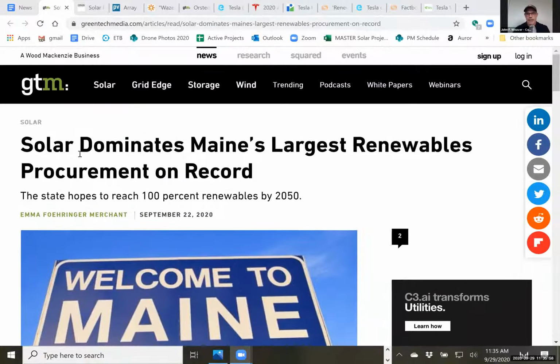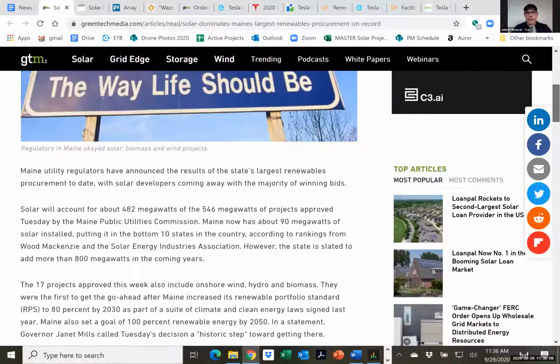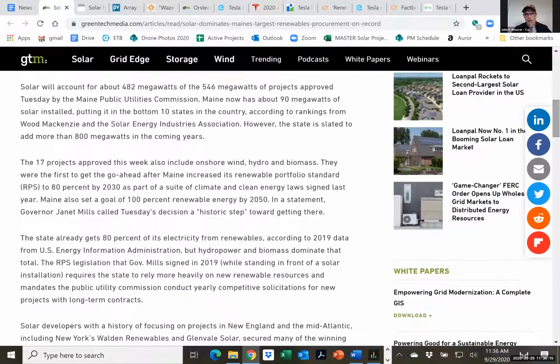Well, Maine's been working at solar. It's a complex state politics. Maine has really been bumping it recently since they shifted from one governor to the next. And this most recent headline was for a batch of large utility scale projects, about 400-ish megs worth, if I'm not mistaken. There was a little bit of wind in there, I guess, but I really like the solar piece, and specifically one of the projects bid 2.9 cents per kilowatt hour,